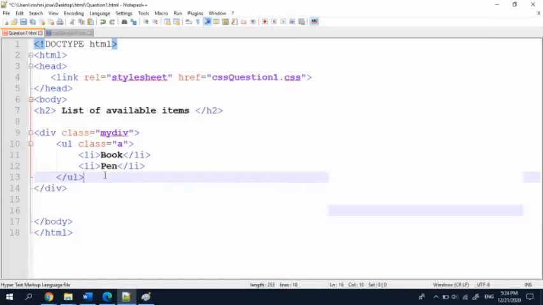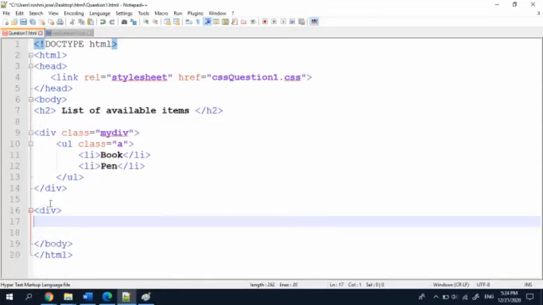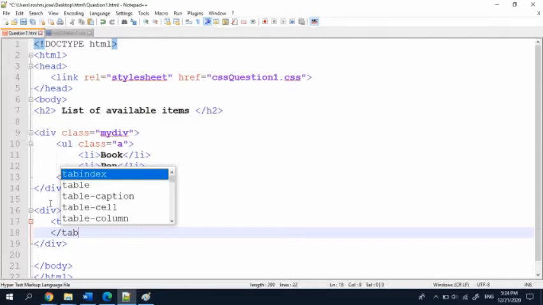So this is our ordered list that we already finished. Now we are going to create the table. For that, first I will create a div. Remember, we have to enclose each element in a div. That's a better way of styling. So div table, enclose the table tag,